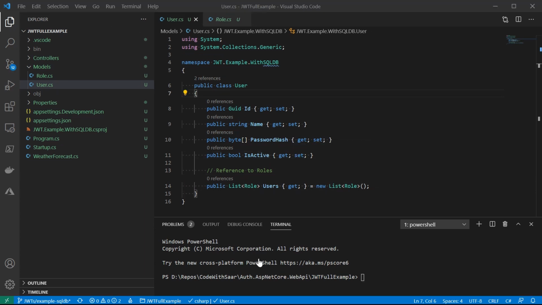Now that we have these entities of user and the roles, it is time for us to create a DB context. A DB context is an entity framework concept. It maps to a database. To create a DB context,